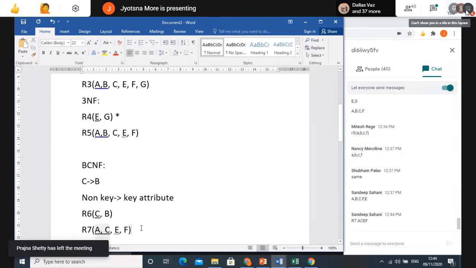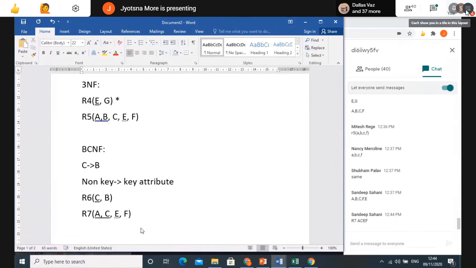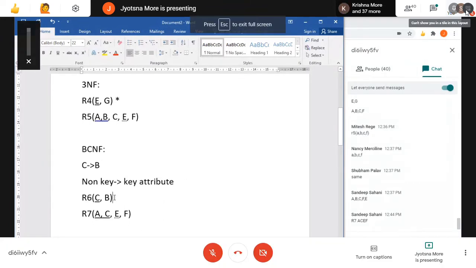Okay, so in BCNF, remember you need to use the concept of a surrogate key, where you are creating that key on the spot to finalize your relations without any redundancy, or to get a good database design, right? So here this is my final answer. Further, I don't have any functional dependency where a non-key is determining the key attribute. So here again, these two are my final functional dependencies. So I will mark them with a star so that it is easy for me to mention.